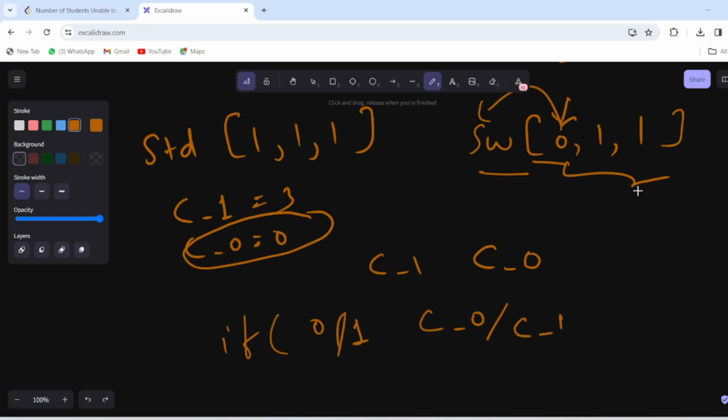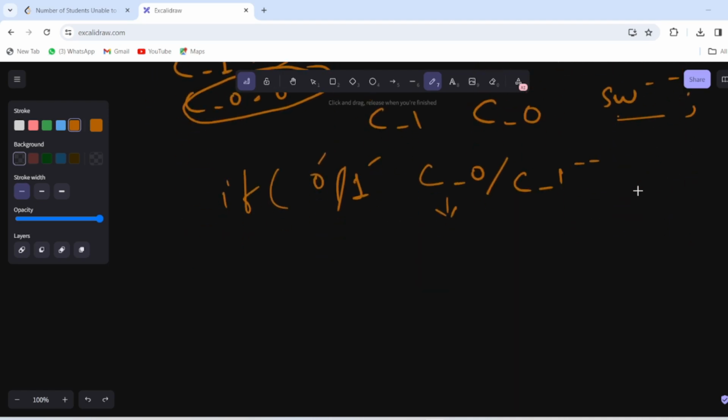If it is 0 then we decrease the count of 0, and the number of sandwiches is decreased. If it's 1 then the count of 1 is decreased and the number of sandwiches is decreased, which we have to return as our answer.